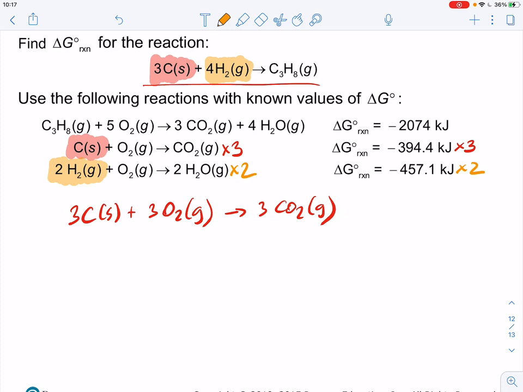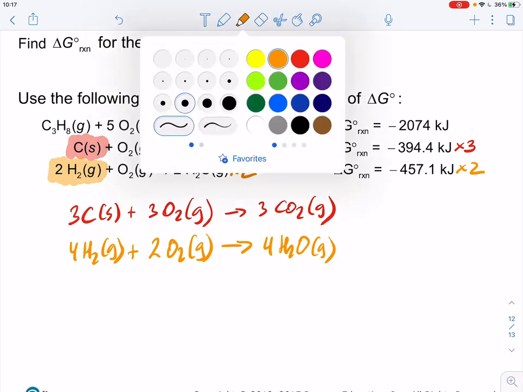Okay? So if we rewrite this equation, then we have 4 hydrogens as a gas plus 2 oxygens as a gas, and you obtain 4 water molecules as a gas. Okay? Last but not least,